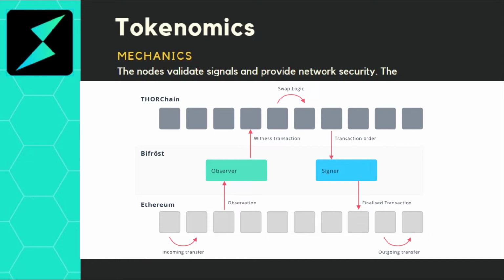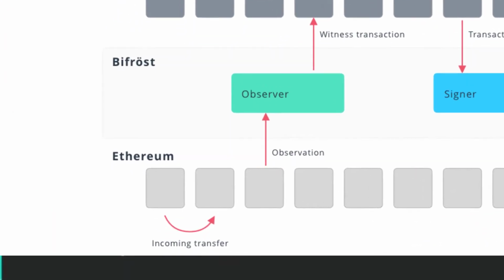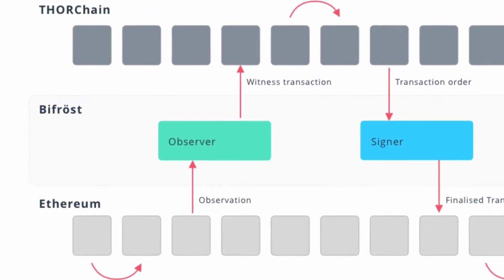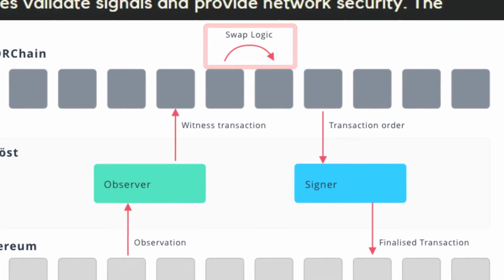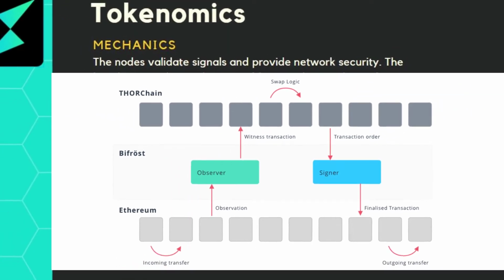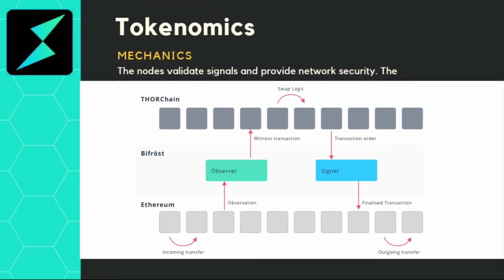To demonstrate how this works, I'm going to go over the flow using this visual. So you have an incoming transaction. The nodes have to confirm this signal that's coming in. Once it's confirmed, they'll go ahead and parse the data, meaning they'll figure out who the user is, where the funds are coming from, where they're going, how much, gas fees, etc. And if the intention is to trade the assets, then a swap logic will be activated. The nodes will confirm all this and a signal will be emitted externally, validating the transaction on the external blockchain. That leads to the token that's desired by the user going out to his wallet.